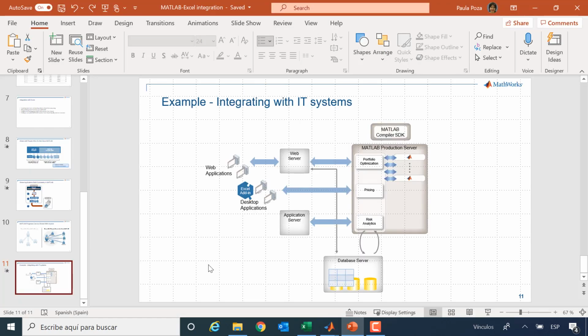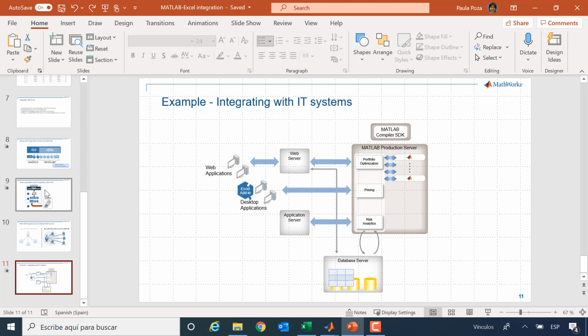Okay, so we have seen how you can call from Excel a MATLAB algorithm that has been transformed into a CTF, and then it can be called from different spreadsheets, from different people, different locations, and they all call exactly the same version of the file. So it's all very centralized, and it doesn't give any error. It's always the latest version there, and so on.